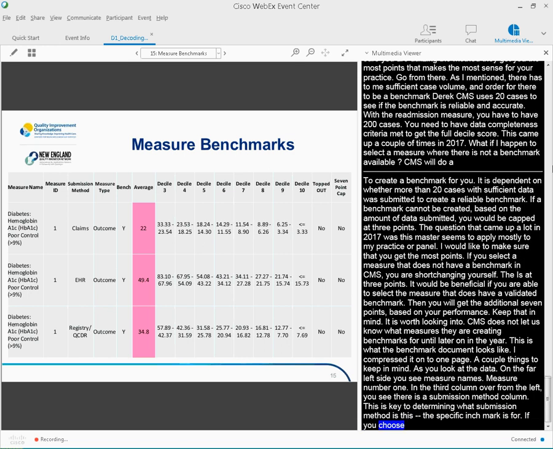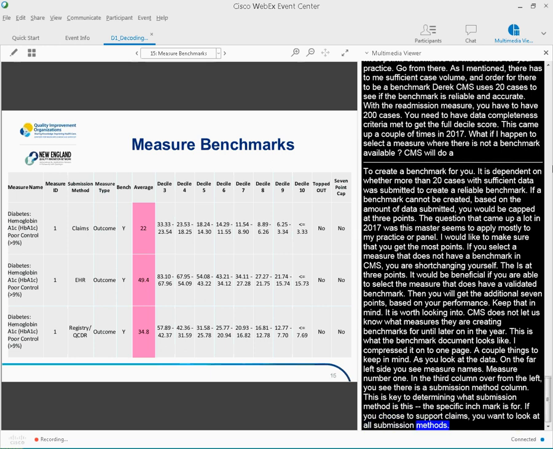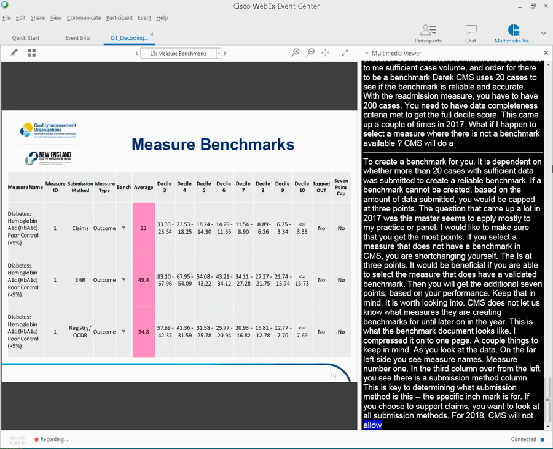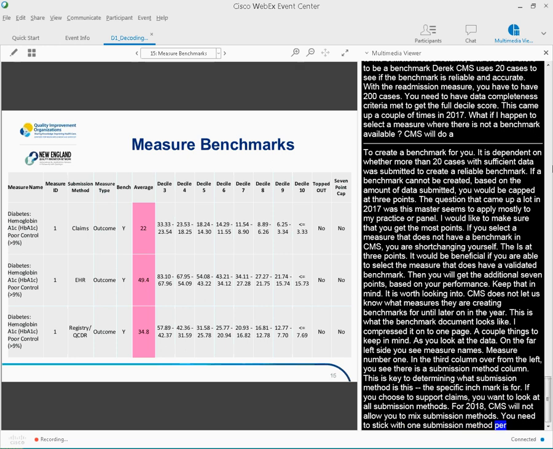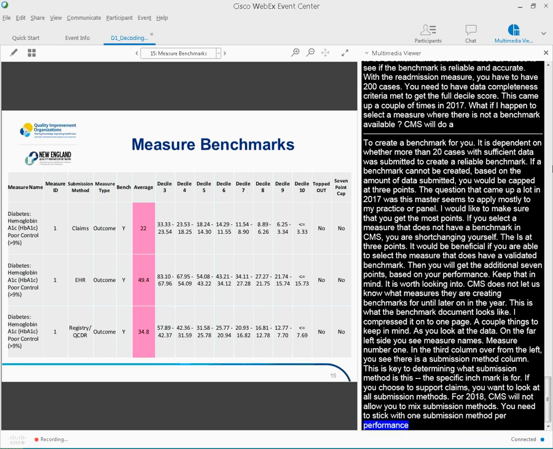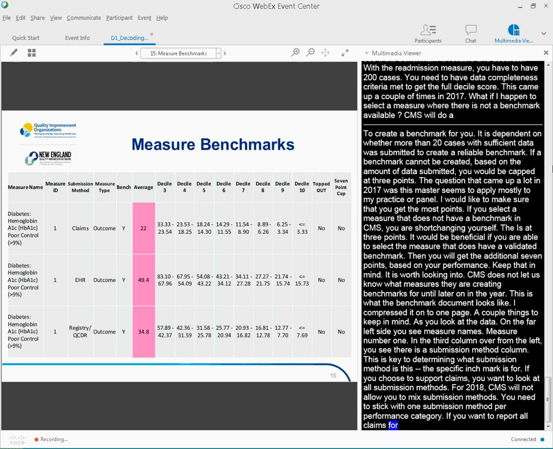For 2018, CMS is not allowing you to mix and match submission methods, so you would need to stick with one submission method per performance category. So you want to report on all claims for quality, and then all EHR for advancing care information, and so on. So just going off this example,